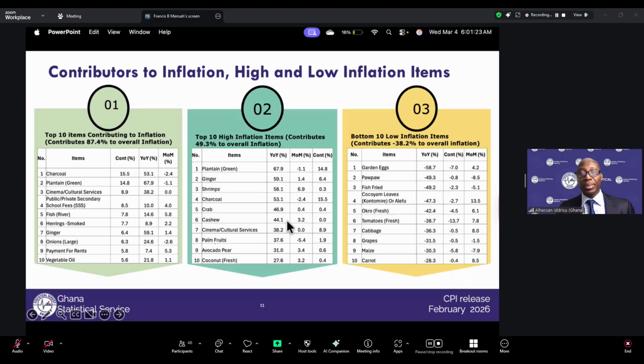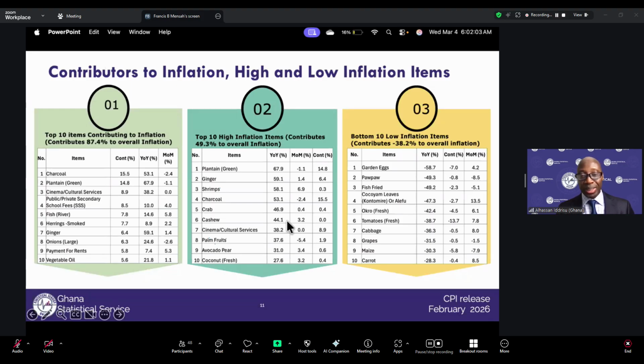Okay, so that's fine. The first question, inflation is not reflecting. So first of all, I think I would need to take my time to explain this point, which is that the inflation rate of 3.3% for February 2026, as I mentioned earlier, means that on the average, prices in February 2026 are 3.3% higher than they were in February 2025. So it means that the general price level is higher.